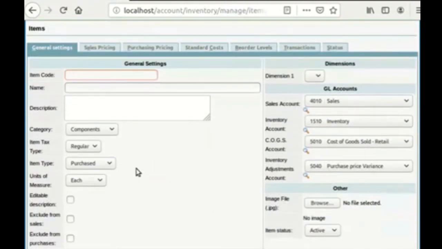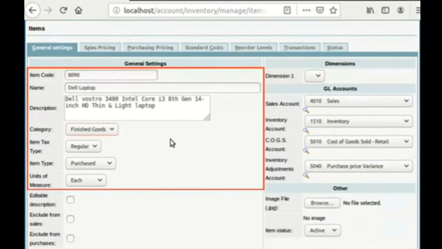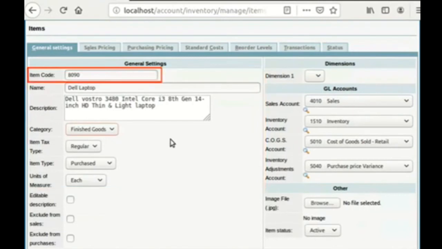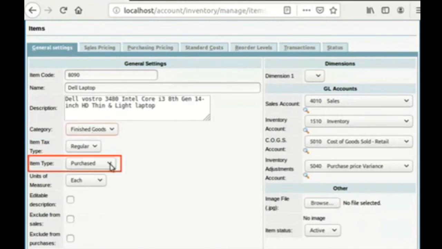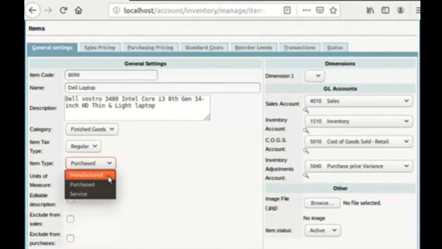Here, we are prompted to fill in all the necessary information for the item. Fill the details as shown here. Make sure that you give a unique code for each item you fill. This is mandatory. Category is the item category to which the item belongs. We have selected finished goods. Item type is to know whether the item is used for manufacturing purpose, purchased from a supplier, or for a